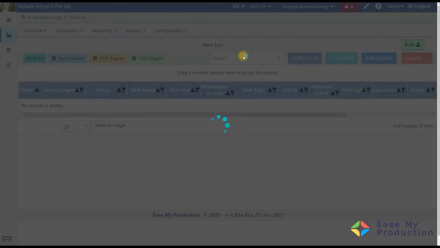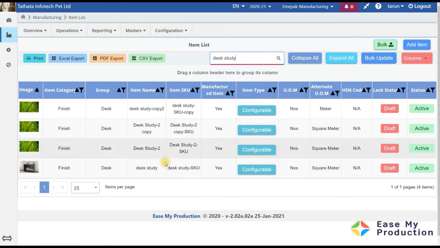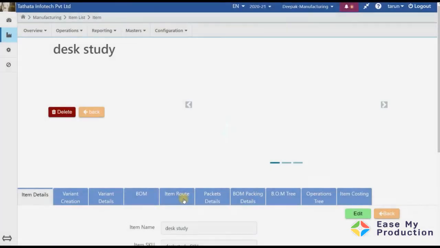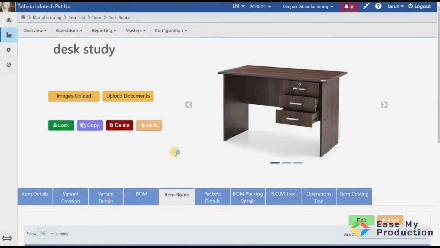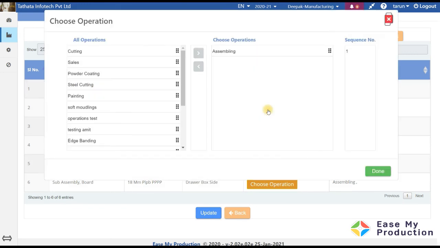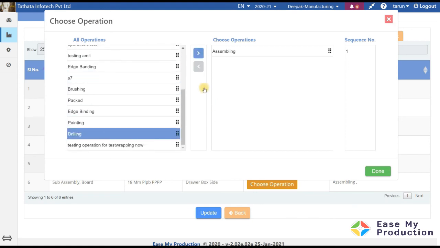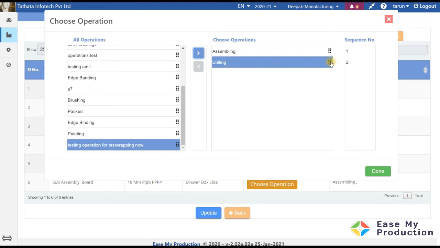Now we again go back to our item, desk study. We go back to item root, and again edit this. Series of drilling. So first order we'll have to change, so drilling and then assembling.